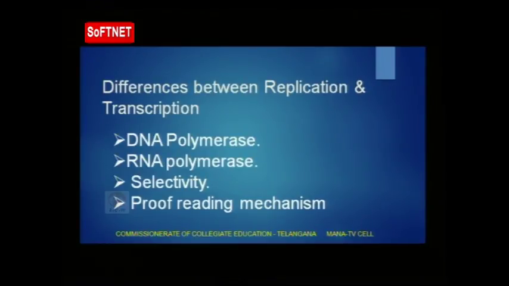So what we learned first is the concept of the central dogma of life. What is meant by the central dogma of life, or central dogma of biology? If the DNA is able to produce DNA copies, that mechanism is called replication, which is carried out by DNA polymerase III in prokaryotes and other DNA polymerases in eukaryotes. And from the DNA, gene expression is shown. If the DNA is involved in the synthesis of an RNA molecule, that process is called transcription, and it can be considered the first level of gene expression.